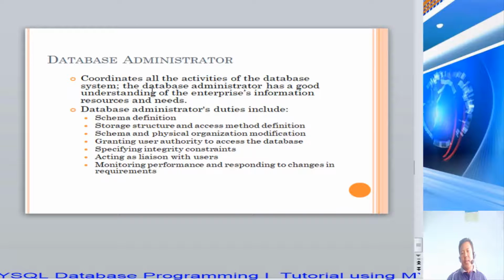Okay, so the database administrator coordinates all activities of the database system. The database administrator is the one that administers, from the word administrator. The duties include schema definition, storage structure, access method definition, granting user authority to access the database, specifying integrity